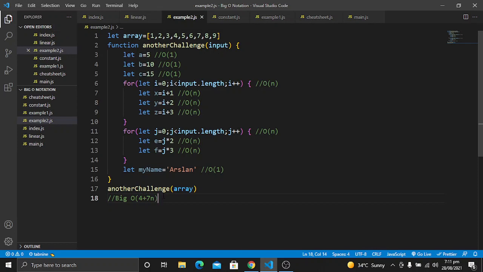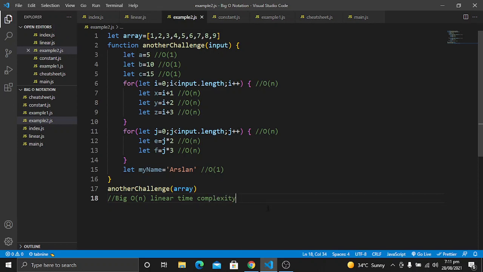But when we are calculating the big O, we remove the constants from the final result. So the constants here are, first of all, 4, we will remove the 4, and then 7, we will remove the 7. Now we have O of n time complexity, which is a linear time complexity.